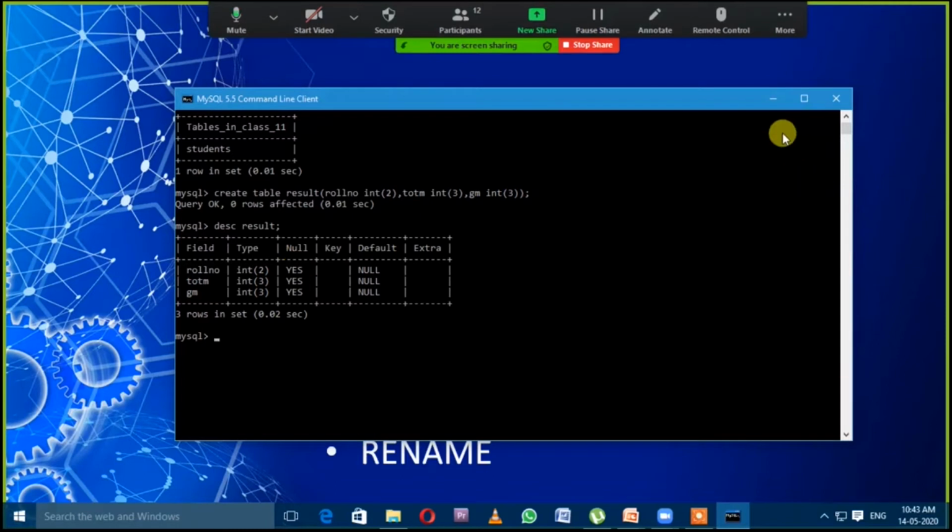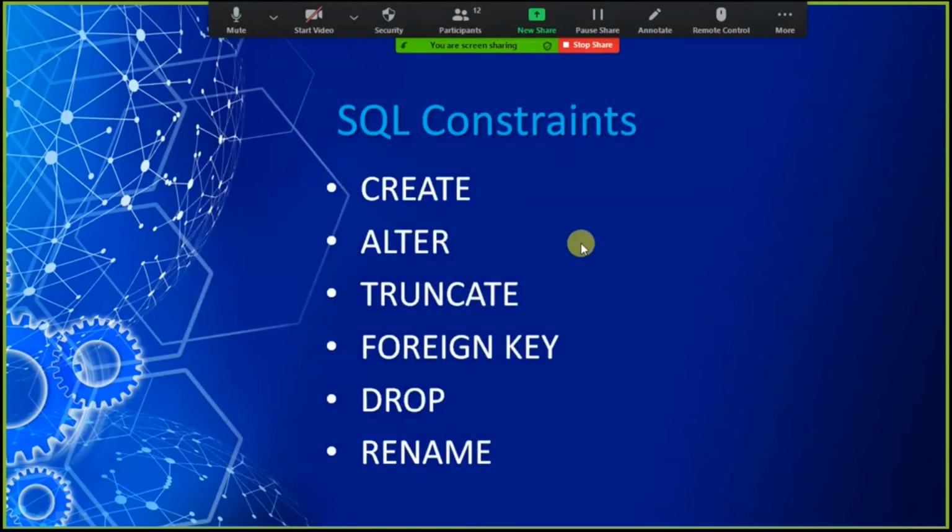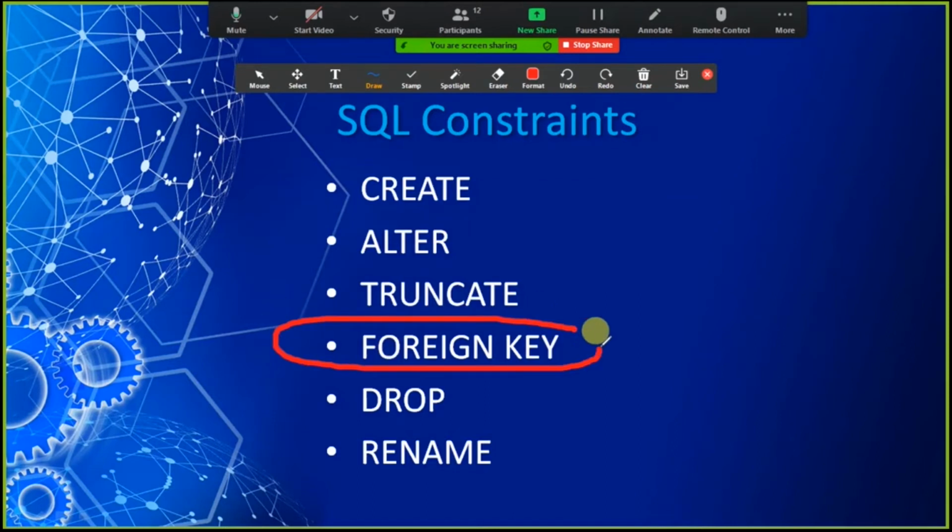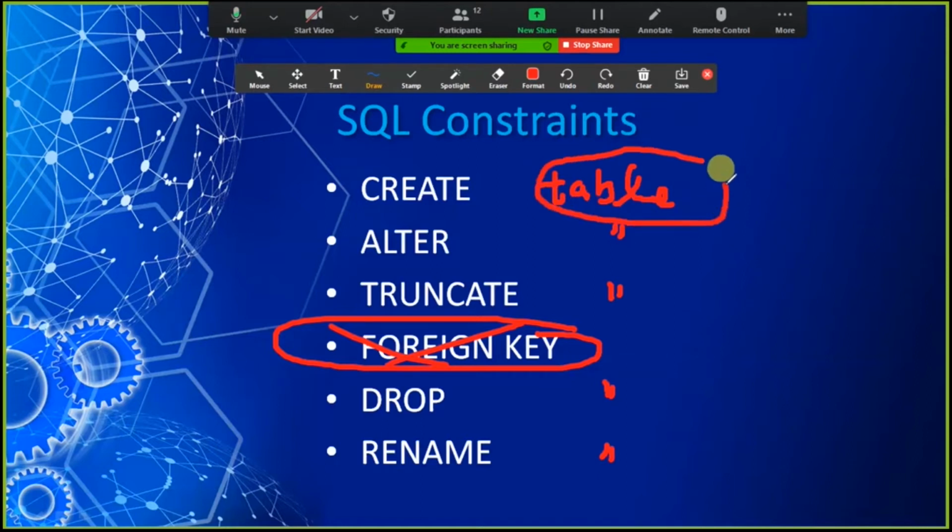And remember one more thing, all these DDL commands except the foreign key will take their keywords as create table, alter table, truncate table, drop table, rename table. Means the table keyword is the identifier for the type of DDL.